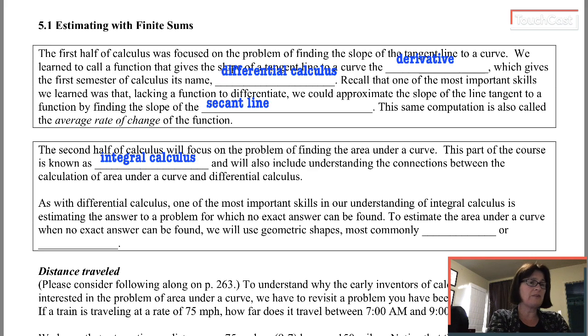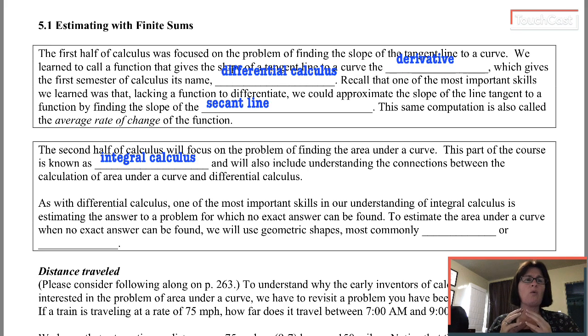When the original founders of calculus, they were just two separate problems that they were working on. They had no idea that these two problems were related. Well, it turns out they're related in a very exciting way, and that's going to be what we explore for second semester in our study of integral calculus. But to get started, we need to